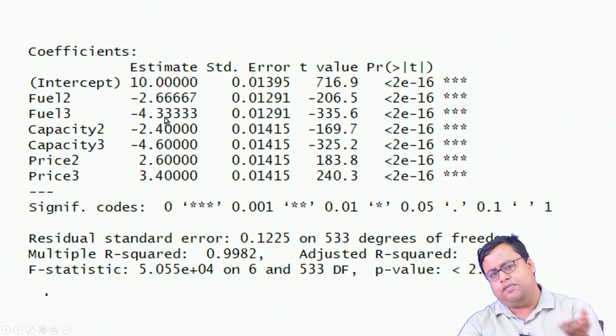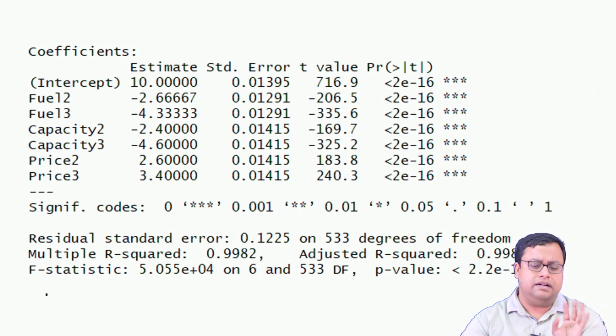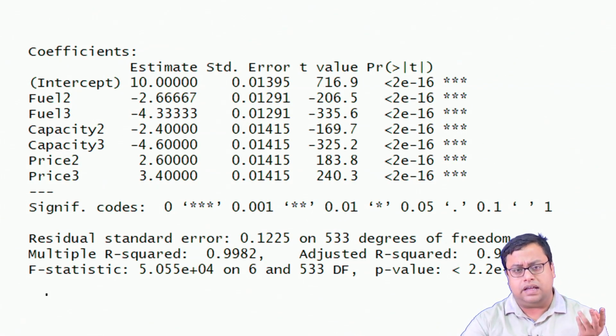There can be n number of reasons for that. I am not going into these details why, but there are reasons for that. Then the most preferred is 12 capacity, I think not, sorry, 8 capacity, and then capacity 2 means 6 seaters, 6 capacity is a little bit less preferred, minus 2.4, and capacity 3, 4 seater is further less preferred, keeping everything